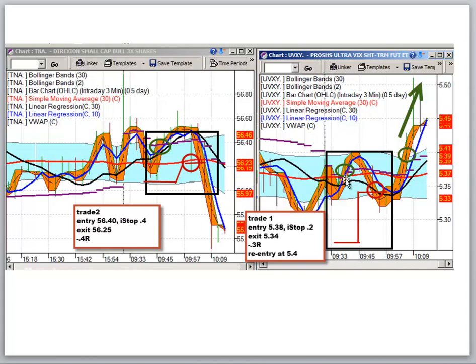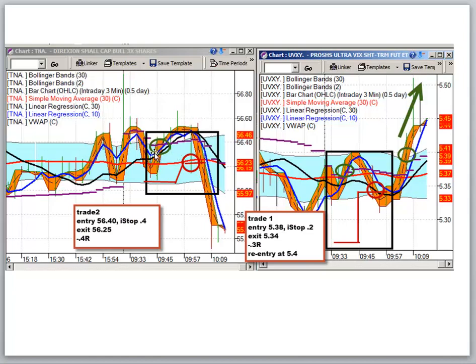These are all 3-minute charts. The blue river looking area is the 30-period Bollinger Band plus or minus 1 standard deviation, with the red line being the Bollinger Band mean, or a simple 30-period moving average. I'm using 3-minute bar charts. The orange looking tape, or the ribbon, is a 2-period Bollinger Band plus or minus 1, and the little dotted line is the Bollinger Band mean, the 2-period moving average, essentially. Thick blue line is a 10-period regression line. Black line is a 30-period regression line, and we'll use those features to lay out the